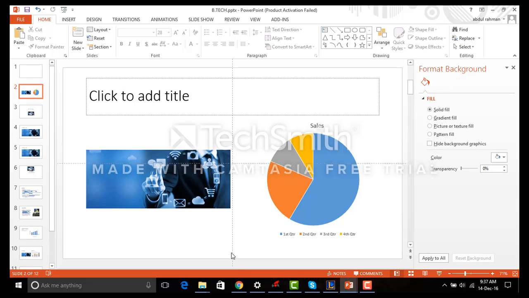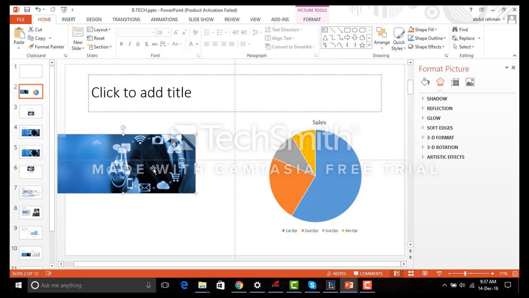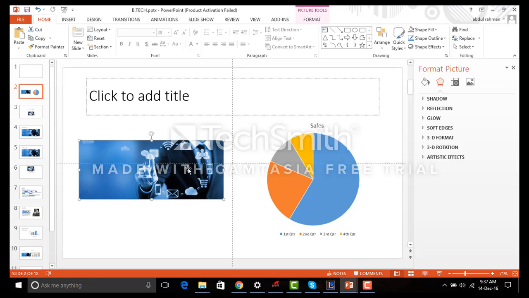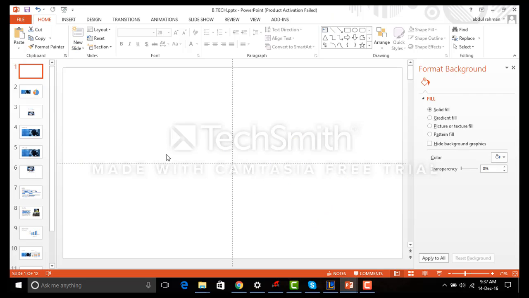Okay, the way these placeholders are arranged has to do with the layout of your slide. This layout happens to include one for the title and another for adding different types of content that you want to add to your presentation. You can choose a blank slide also. By using this blank slide, I will try to cover the maximum features of this PowerPoint. Okay, so I'll start with inserting